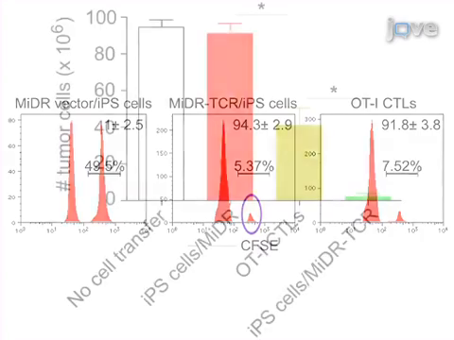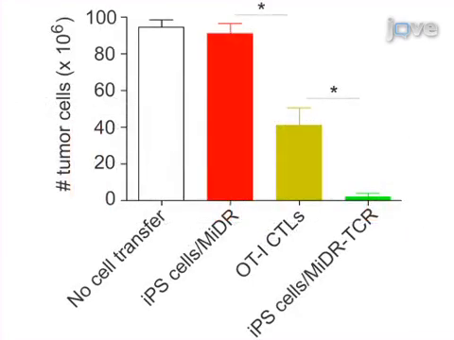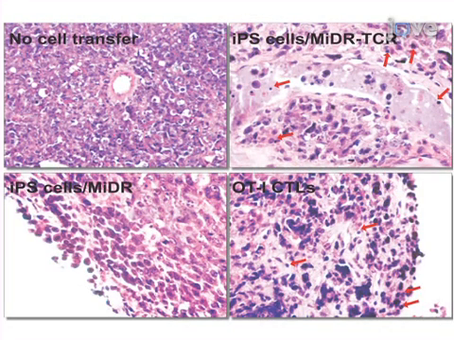cells. Here, OT1 TCR gene-transduced iPS cells were adoptively transferred into C57 Black 6 mice, and then the mice were subjected to challenge with EG7 tumor cells. On day 20, tumor cells in the peritoneal cavity were enumerated. Note the significant reduction in tumor cell numbers in mice that received TCR-transduced iPS compared to the control groups. Most importantly, adoptive transfer of TCR-transduced iPS cells triggered infiltration of ovoreactive CTLs into tumor tissues and protected animals from